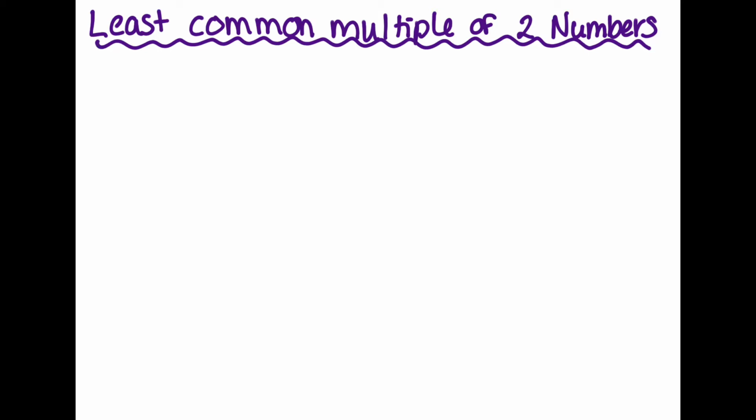So if I want to talk about the multiples of 7, these are going to be numbers that are divisible by 7. So 7, 14, 21, 28, and so on. So we can talk about a multiple of a number, but if we're talking about two numbers, we can talk about common multiples between those. So common multiples, let's talk about